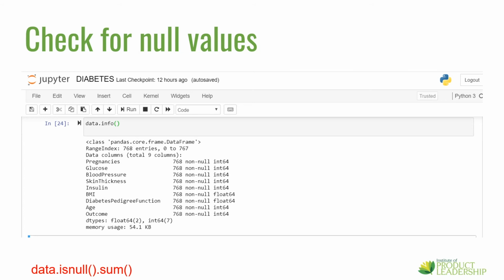We can also cross-check this by using the command data.isnull().sum(). Note that if null values are present, then we need to handle them appropriately. That is, either remove them or impute them. Commonly used imputation techniques to replace null values of numerical variables are either with mean or median, and for categorical variables with mode. This technique is part of the data wrangling process, which is a separate topic altogether, and there will be a separate video series on data wrangling techniques.